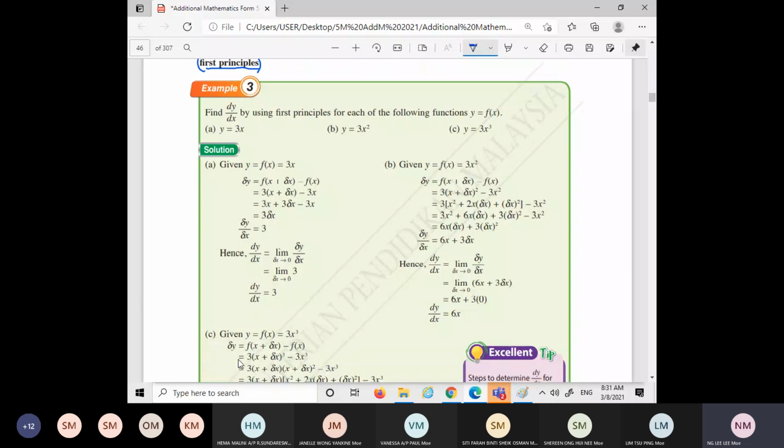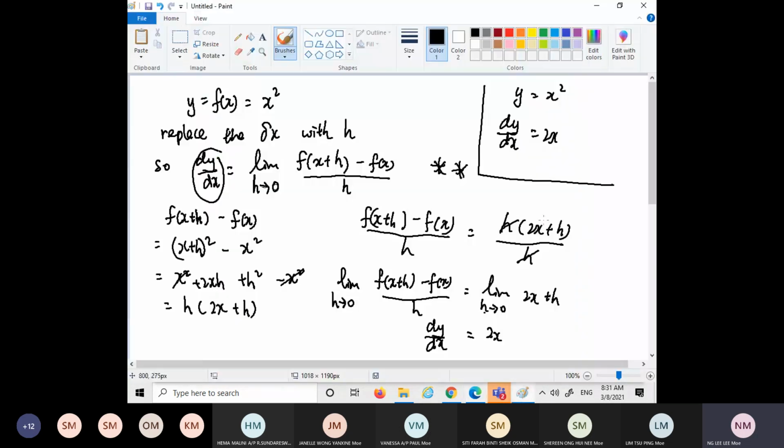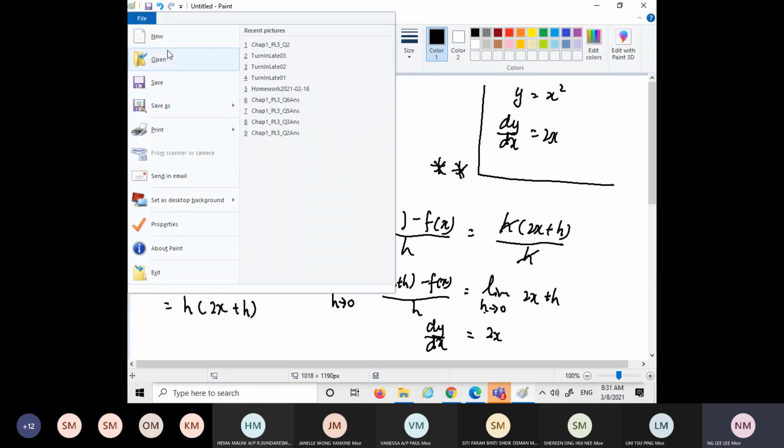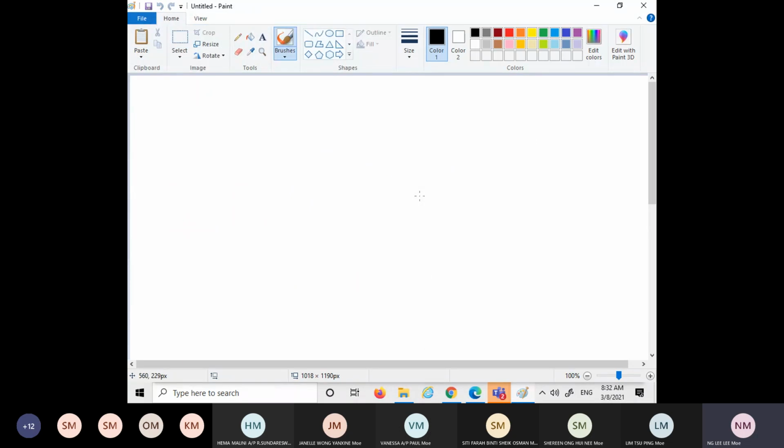Now we do more questions. I'm going to show you these 3 examples. The first example, all using first principle. After a few examples, I hope you are okay with this method already. Okay, y equals 3x. We come back here. So this is a function, y is equal to 3x, or we can write f(x) is equal to 3x. Then, if we use the formula